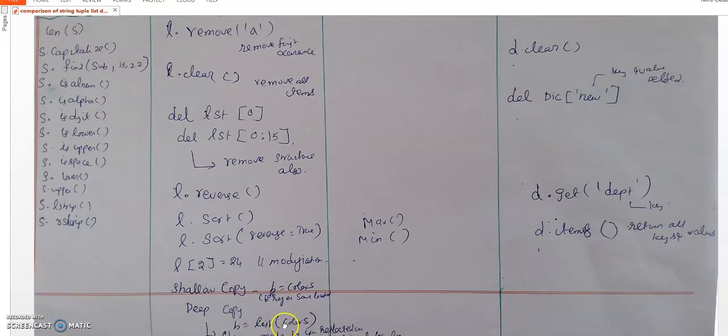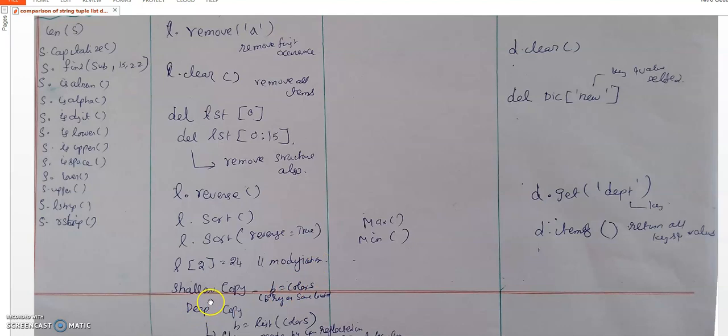So how to create the deep copy? By using the list keyword. Okay, suppose you are creating shortcuts. Shortcut means the file is somewhere, but you are creating the path and keeping it here. So whatever changes you make in the shortcut will affect the original copy only, since both variables are pointing to the same location. If you make any changes in B, that will be reflected in the same location also, since both variables point to the same location.